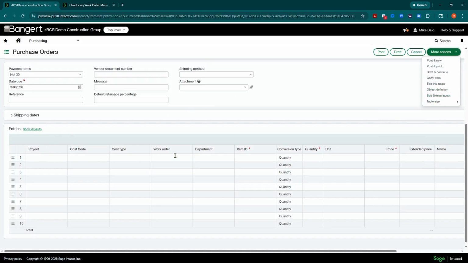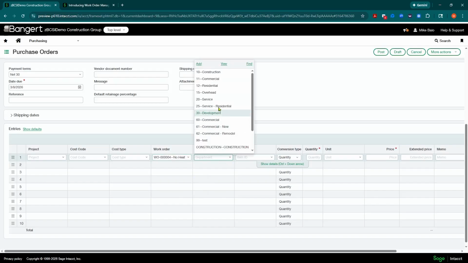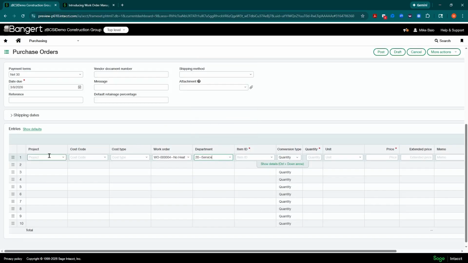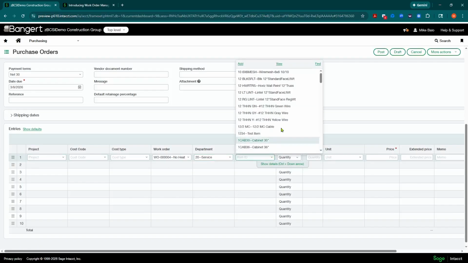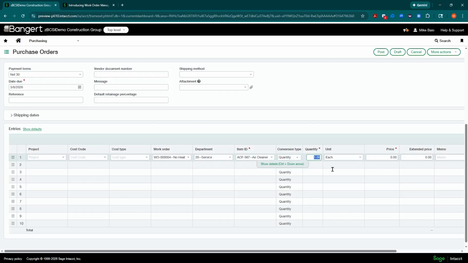So in this case, we're going to order, and we're going to order it for that work order we just created, the no heat work order. And you could fill out your department, or you can have it pre-fill in as well from a project. And then what are we ordering? Is it an inventory item that we need? Let's just say they need a new filter. So we need to order a filter, and we need to order 2 of them. And the vendor quoted us $15 for each. So you can go ahead and get a purchase order in there.